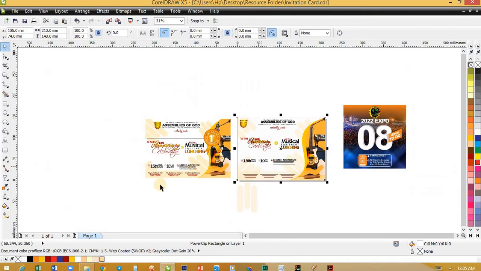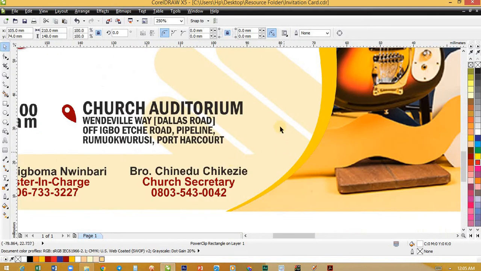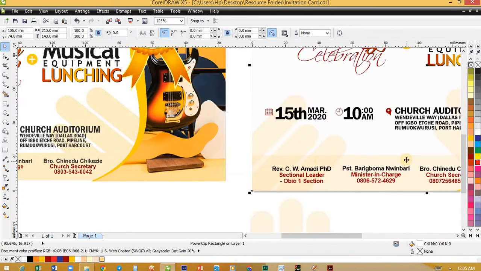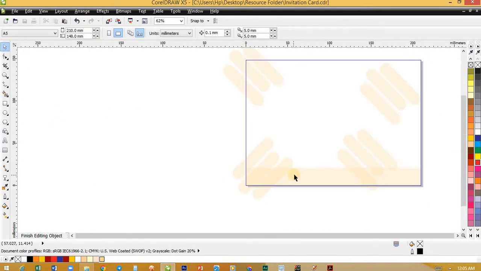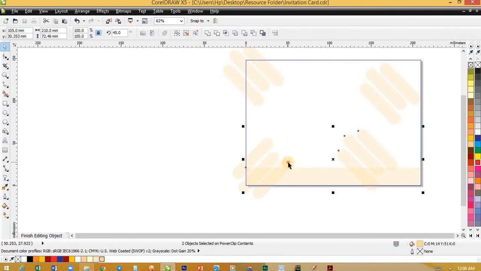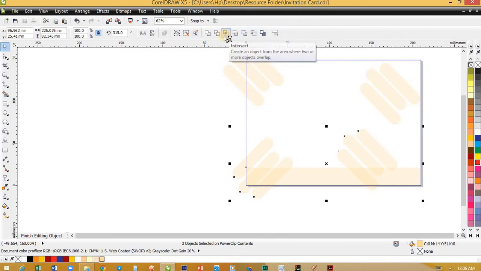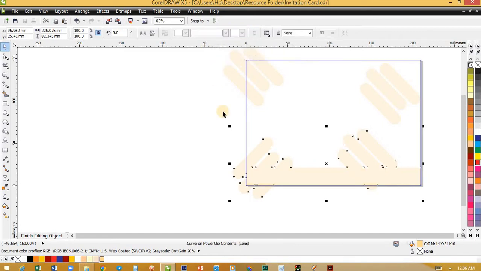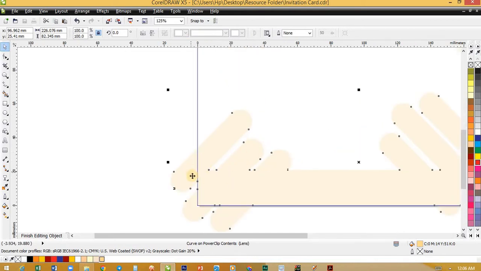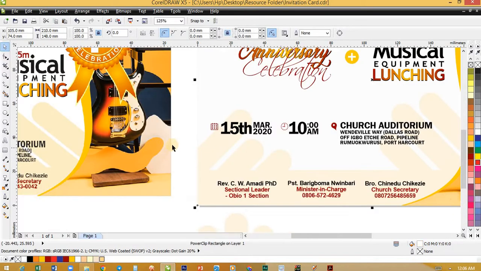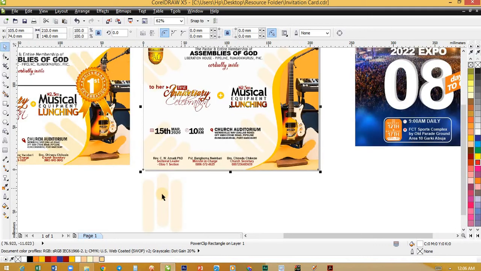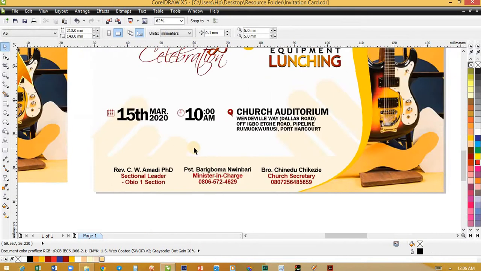Still I want to kind of edit, I want to kind of work on them, so that I don't like this. You can see this one is blending perfectly, but this other one is not blending. So what I need to do is to highlight this, and highlight this together. Either I'm going to weld them, okay, you see weld here, weld them together so they become one and have the same properties. That will serve my purpose there. Okay,